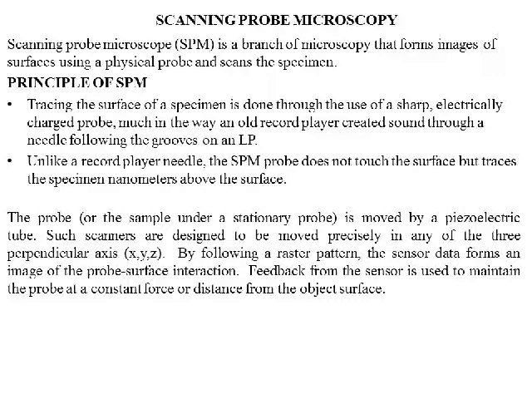But in the old record players, the needle is touching the surface of the disc, whereas in scanning probe microscopy, the probe will not touch the surface but will trace the specimen at a certain height. The height is about nanometers above the surface. When the probe is scanning the surface at a height of nanometers, it records the image of the surface. The irregularities in the surface are recorded and the images are formed.